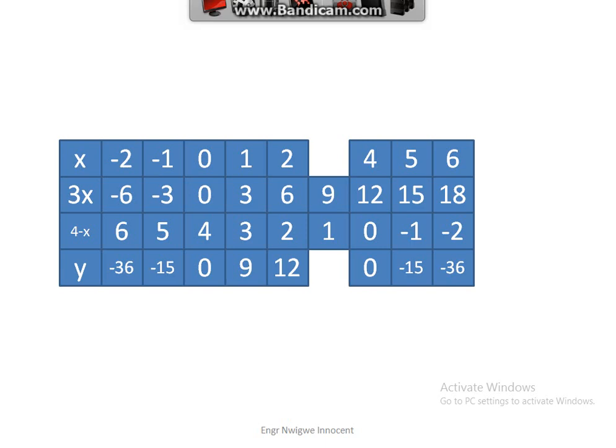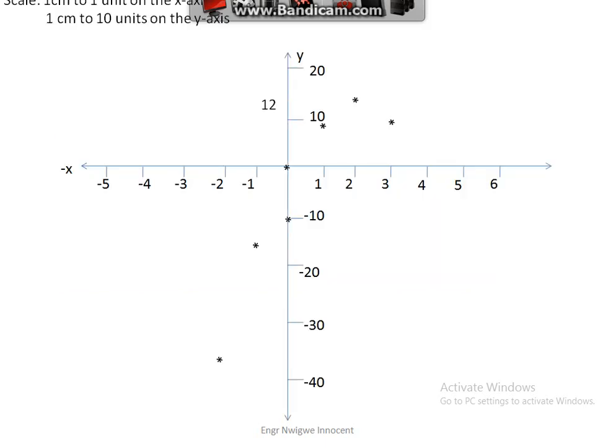The next value of x is 3 and the next value of y is 9. Then we go back to the graph and locate the position of 9 on the vertical axis of the graph. We trace it to the right. Then for the 3, the value of x, we trace it